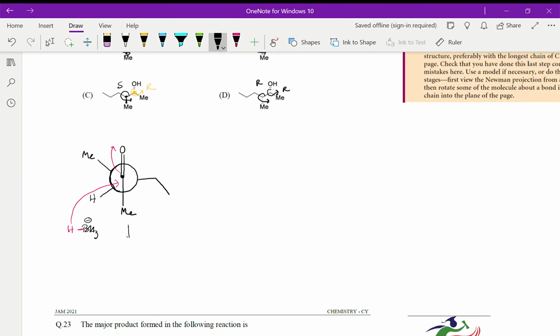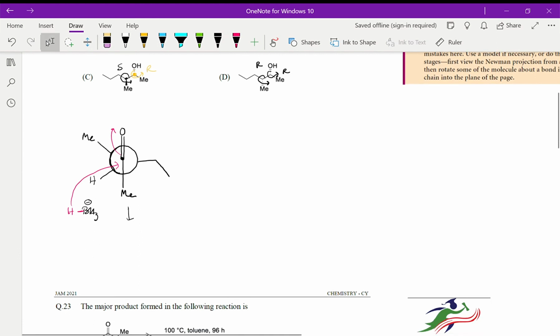So now we can draw the rest of the products. Okay, let us draw the carbon again like this, and the OH group will be connected like that, or the O minus group will be connected like that. This is your Me, that is the hydrogen that has come from the sodium borohydride, that will be your ethyl, that is your methyl, and that will be your hydrogen.